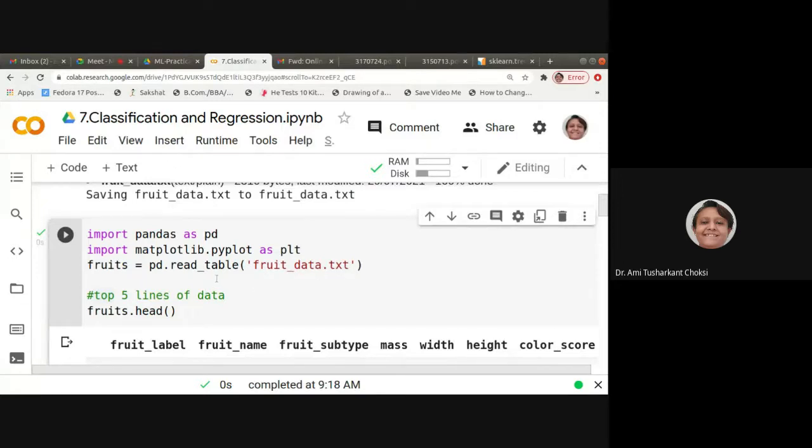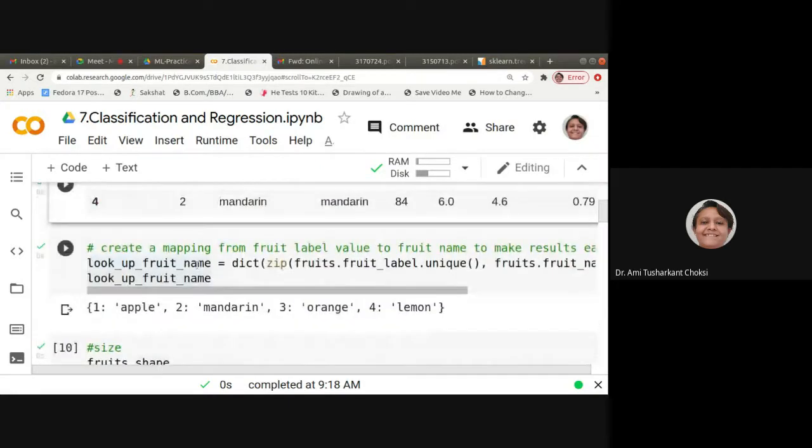This is known to us. For that, we have used the pandas library, which also is known to you. For plotting or visualization, we are using matplotlib.pyplot as plt. It is already known to you.